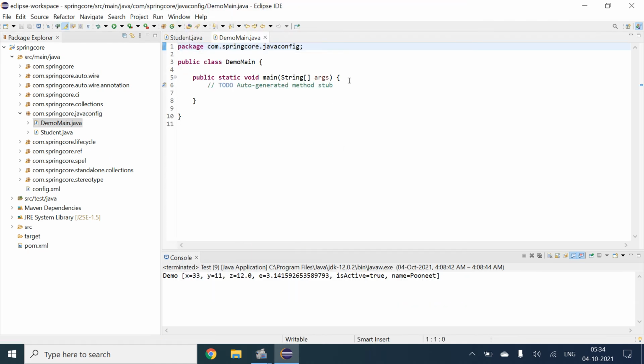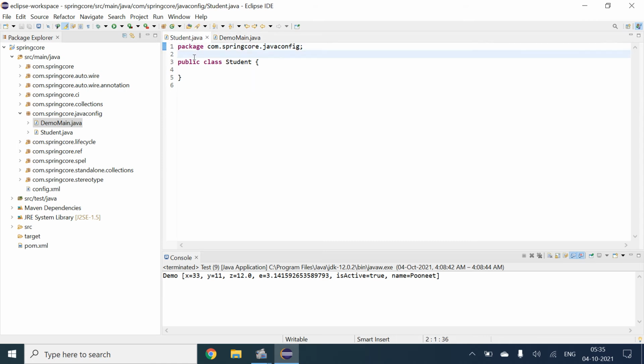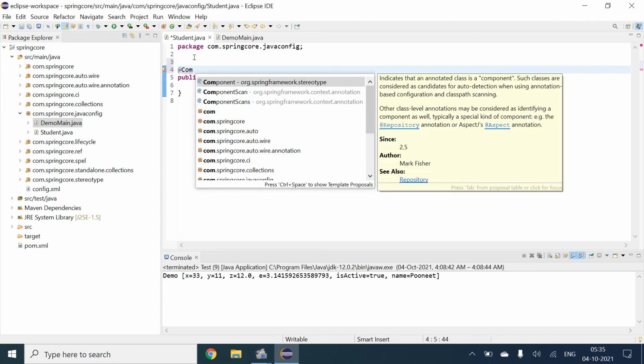So till now, what we used to do, if we want to give the Spring container any kind of value, we will provide add component in student.java. So here we provide component like that.